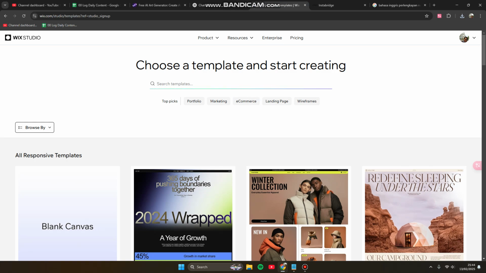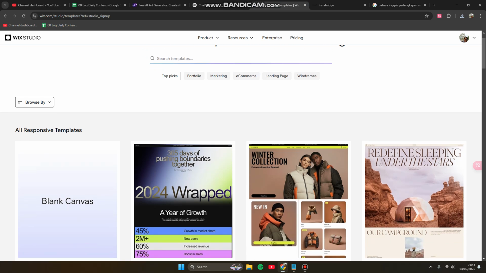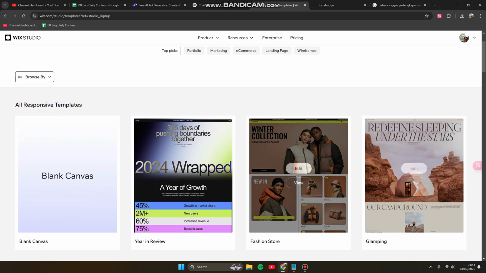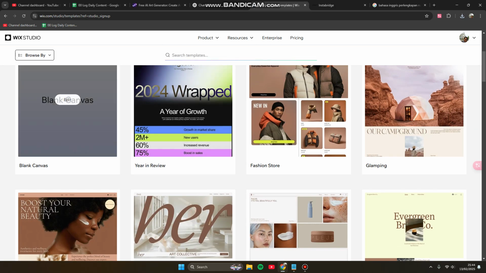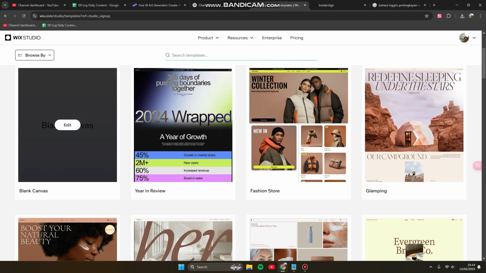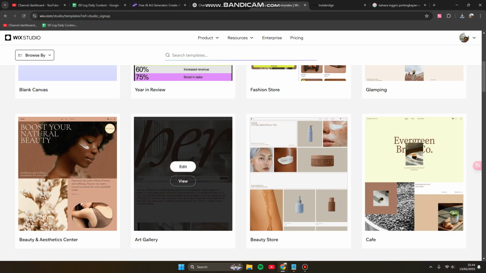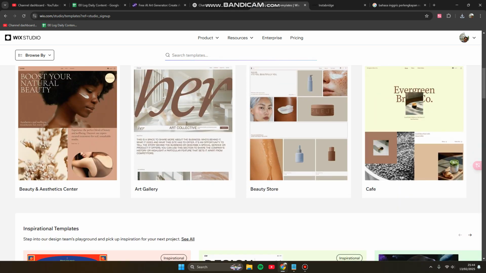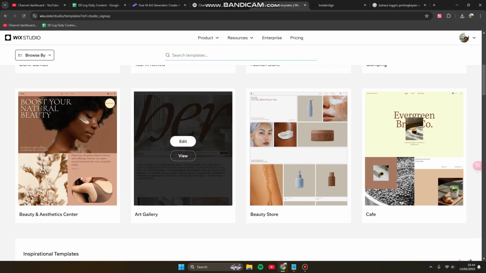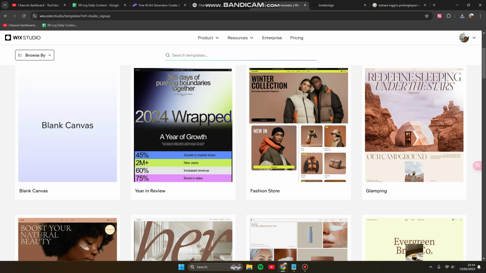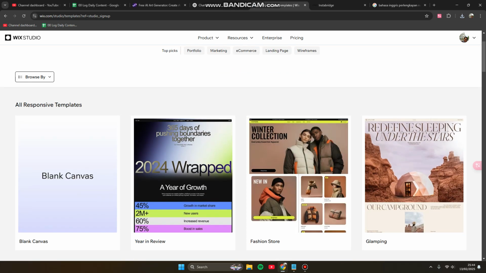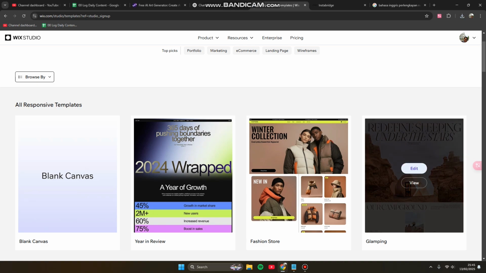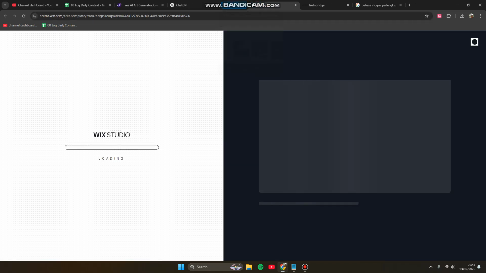Now you can open Wix Studio. Again, don't forget to sign in with your account. So you can choose the template, or you can start with a blank canvas. If you want to start from scratch, you can edit this blank canvas, or if you want to start with the templates, you can go with this one. So let's start with this one. For example, let's click edit the template,